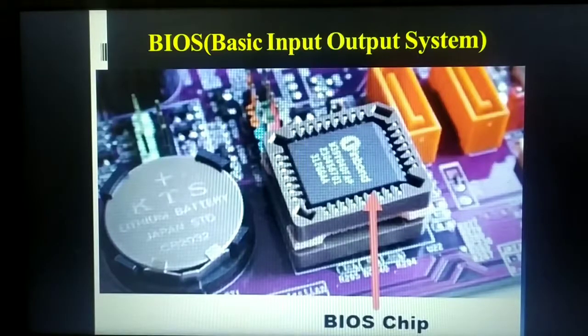So this BIOS chip consists of all the hardware instructions, and it will check whether all your hardware devices like your keyboard and mouse are working properly or not, and it will send all the instructions to start all those external devices. Once they pass those tests, you can hear one beep sound, and then you can see Windows on your monitor. That means the operating system is successfully loaded into your computer system. So those operations are all performed by this basic input output system. It's a kind of chip on your motherboard.